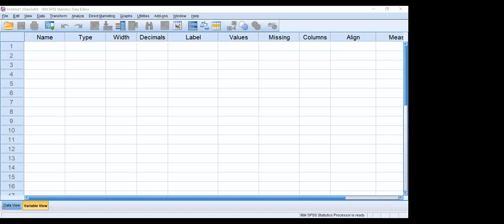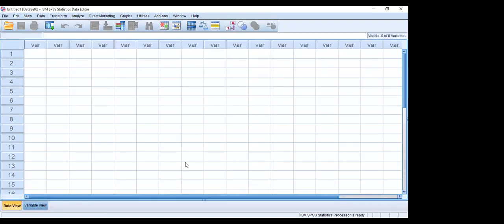Okay, this window which you are seeing is the SPSS Data Editor. It looks like any spreadsheet program, like Excel. But here the cells are only meant for entering the data. In Excel, in each cell you can carry out calculations. Here you cannot calculate anything; you only enter data.